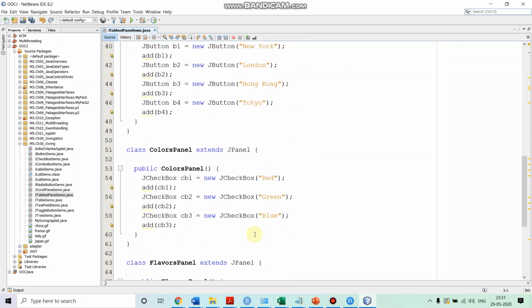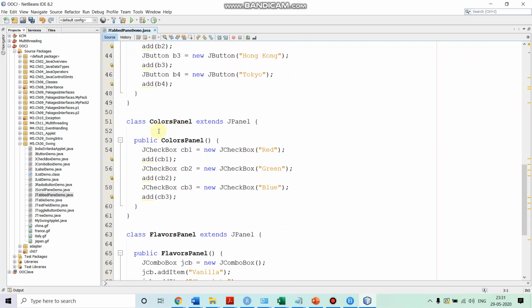Next we define the ColorsPanel class. This ColorsPanel class instance will be associated with our second tab. In its constructor, we are creating 3 checkboxes with the names red, green and blue, and then we are adding them to the colors panel. So we created our ColorsPanel class.